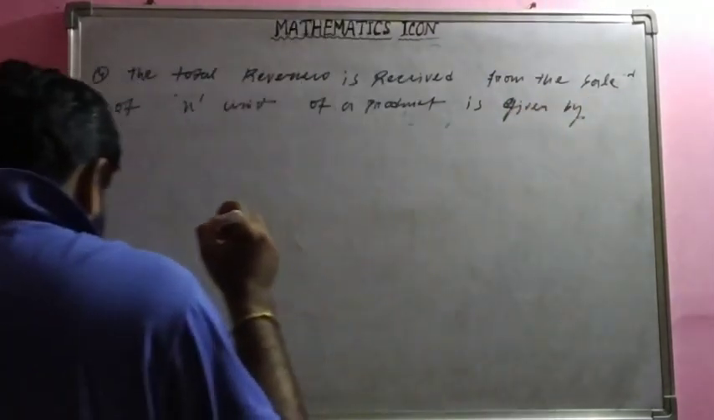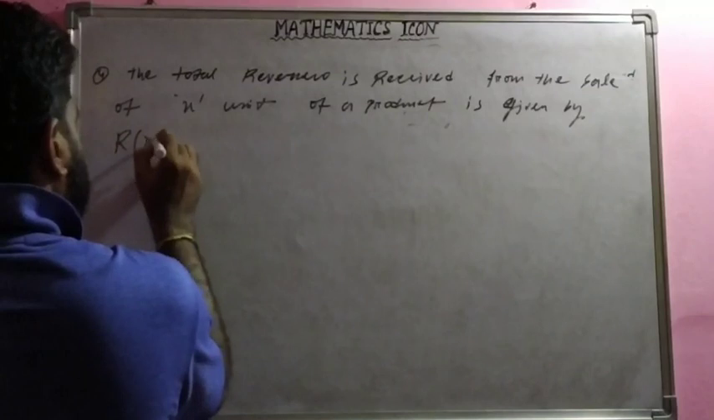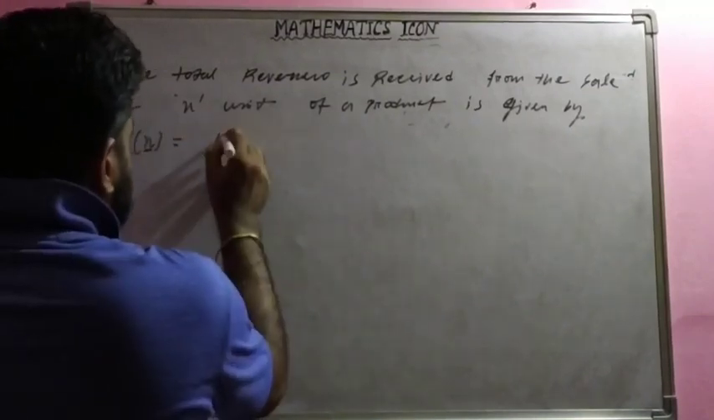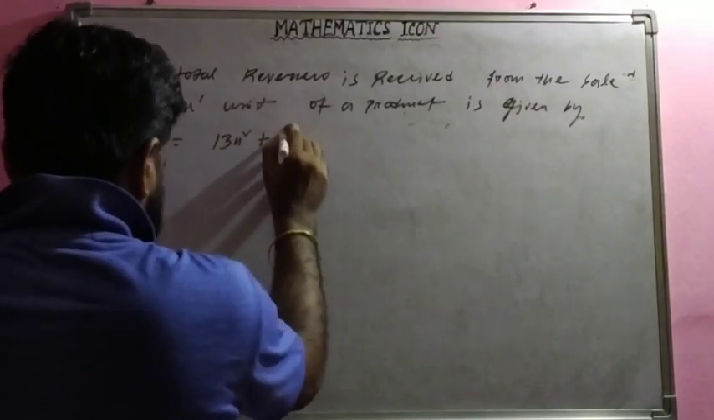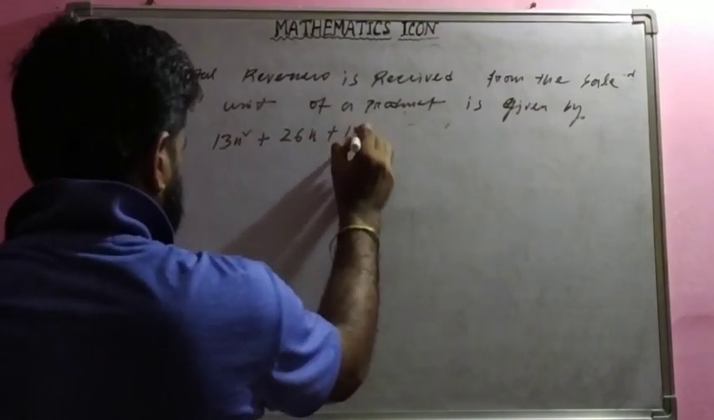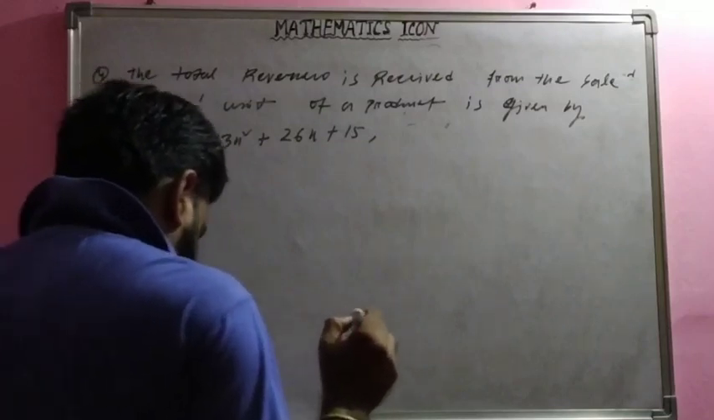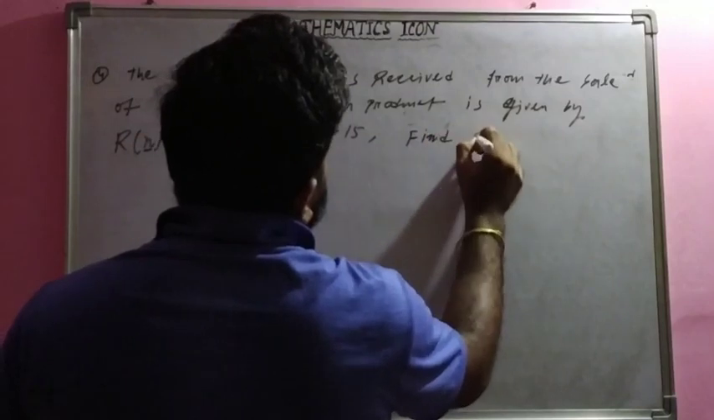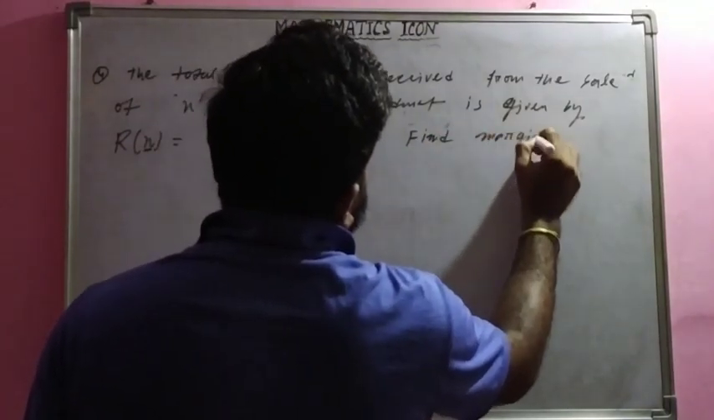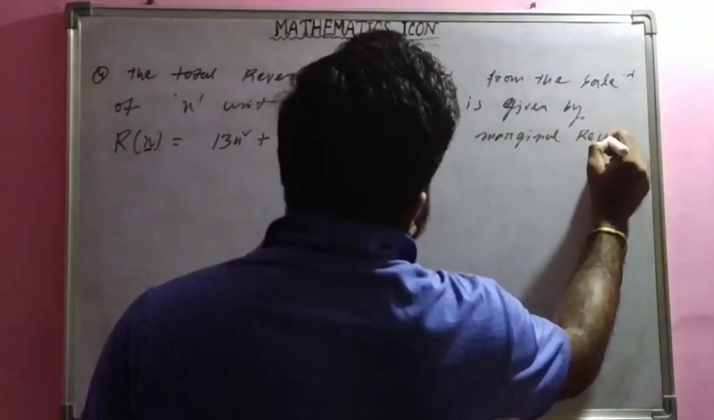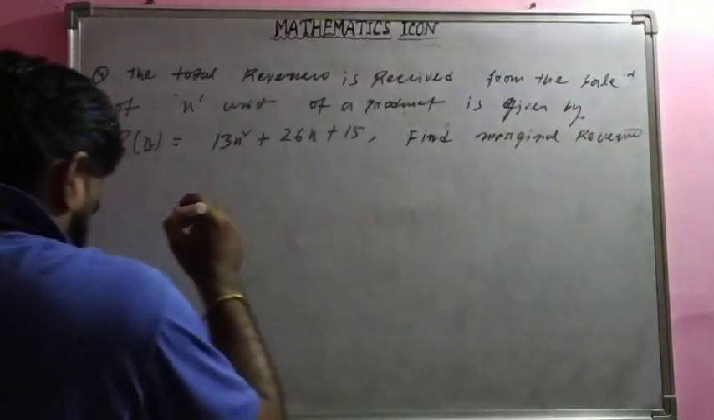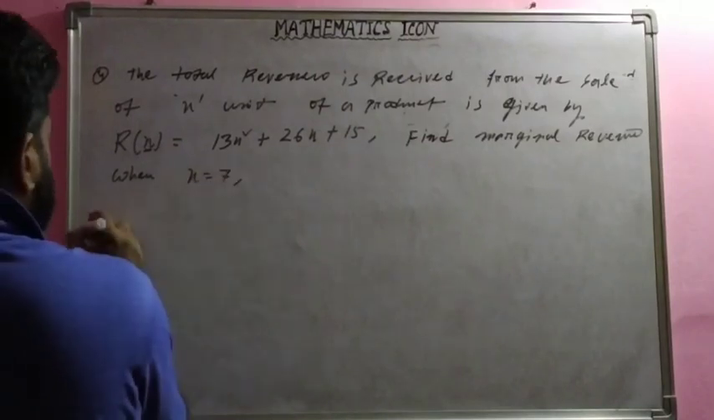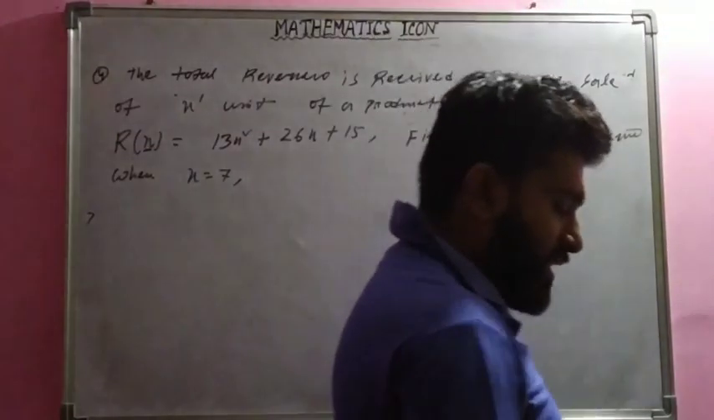a very simple question है, given by Rx, मतलब रेवेन्यू आ रहा है, ठीक है, किससे, x यूनिट सेल करने से, 13x² प्लस 26x प्लस 15। ओके, फाइंड द मार्जिनल रेवेन्यू व्हेन x इक्वल्स टू 7। मतलब यहां पर रेवेन्यू आ रहा है x